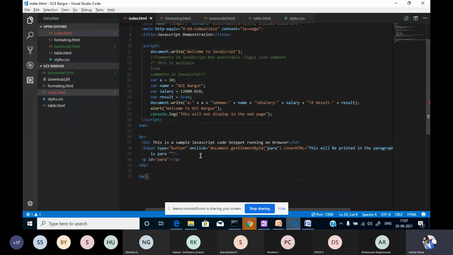So there is some error. It is showing on click. Document. Okay, document dot get element by id. Then inner HTML. Actually here, we need to use the single quote, not the double quote. Single quote. Fine. So no error now. Okay.